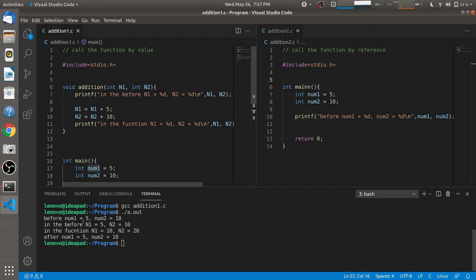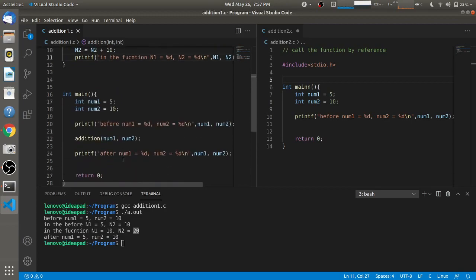So here you will see before, n1 equal to 5 and n2 equal to 10, and after doing these operations, that is adding 5 in n1 and adding 10 in n2, these values are getting modified, that is n1 equal to 10 and n2 equal to 20 in this third printf statement here.